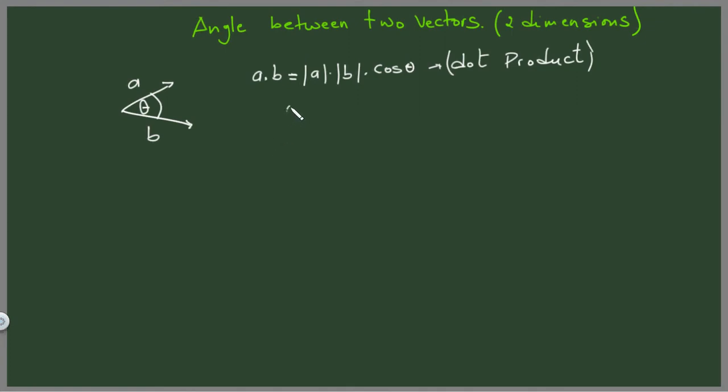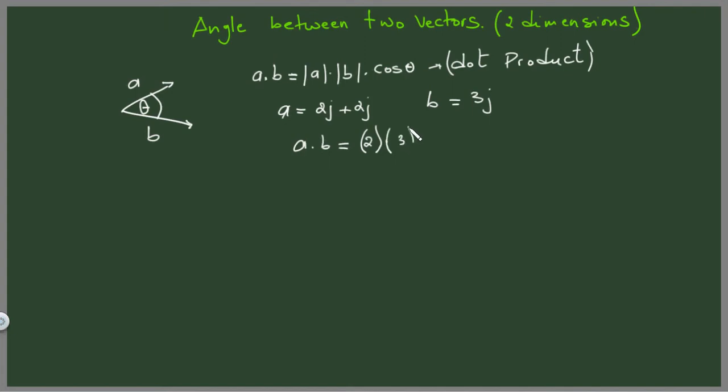We have A equals 2i plus 2j. Let us start in two dimensions first. And we have another vector B equal, for example, to 3j. As I said, A dot B will be